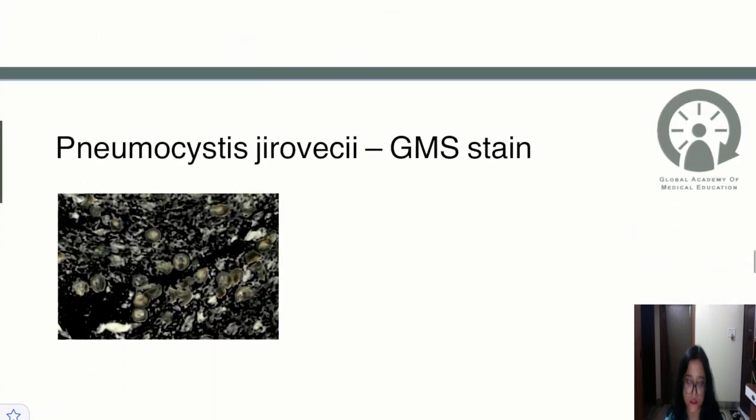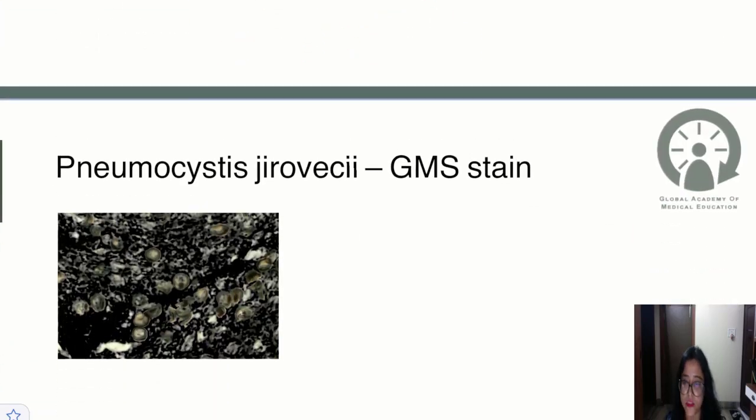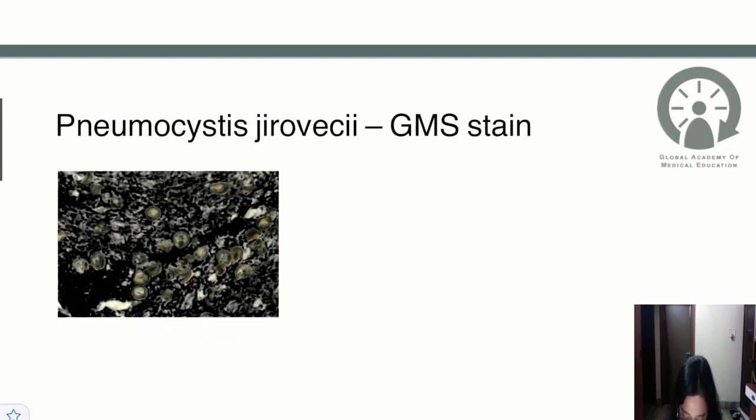Next, this is a picture which unfortunately is very unclear, but the history was suggestive of again a HIV patient, where they presented with pneumonia, and the diagnosis here is that they had performed a Gomori methenamine silver stain, and although we cannot see it here entirely, it is dark, but it has a green background,